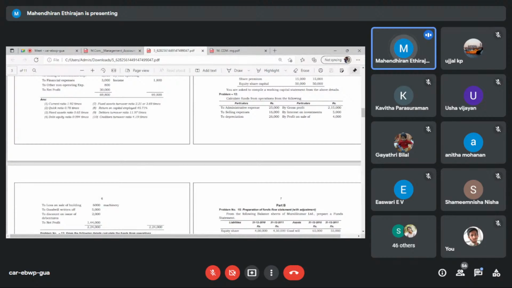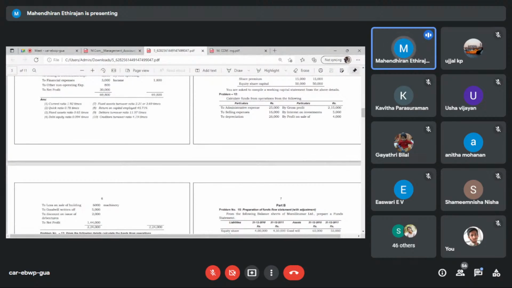How do you prepare the calculation of funds from operation? You put the headings: particulars, rupees columns, and net profit as per the P&L account. The given amount will be posted in the outer column. Add